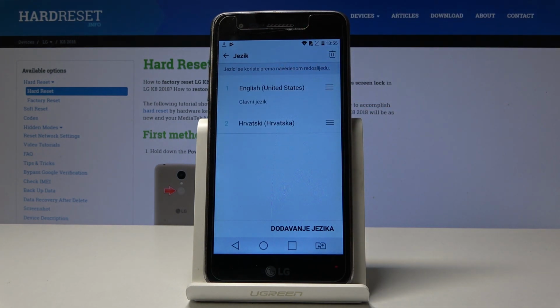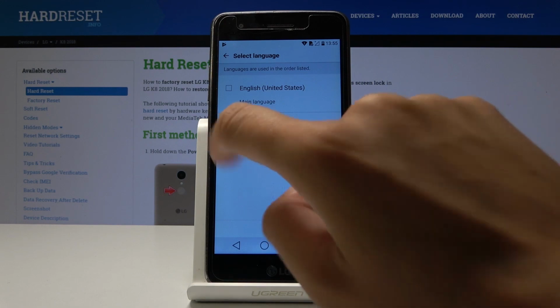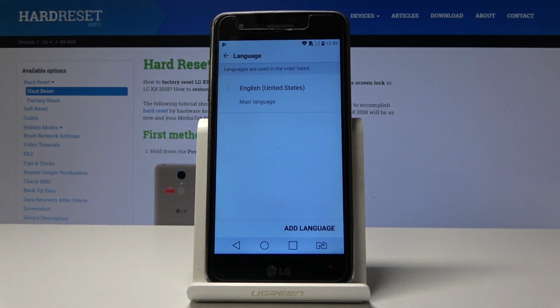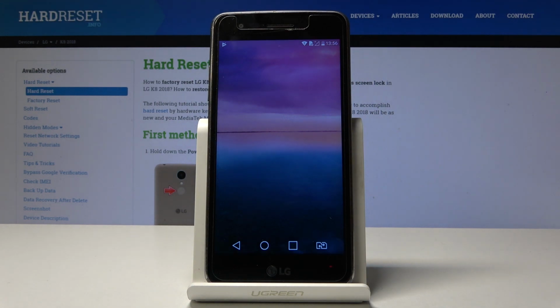You can also permanently delete Croatian by tapping on the bin icon, select it and pick Delete. Confirm that you would like to remove it, and obviously then you can add some other language and make it a default or just an additional language. And that would be all. This is how you can change language in your